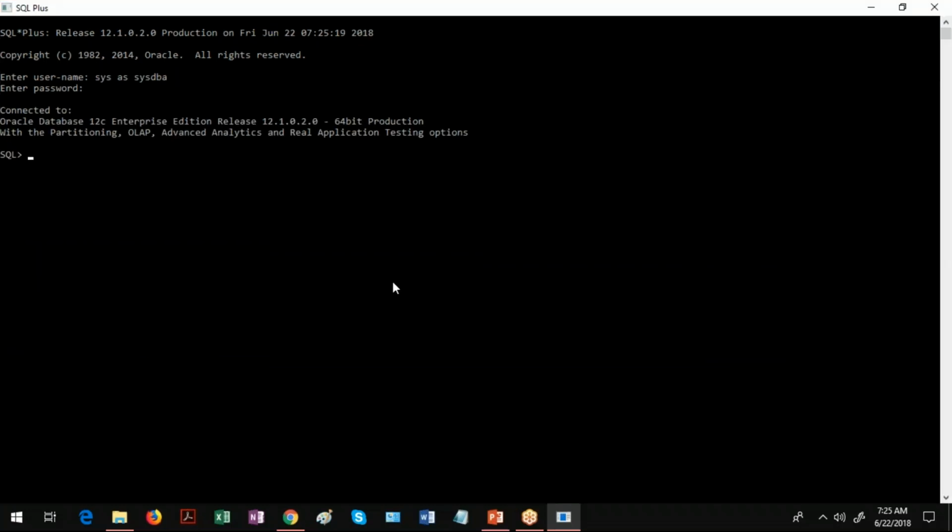Now, to know which user I am working in, I type the command show user. It says user is sys. Then I connect to my own username, C ## data underscore modeling. Then I type the username.